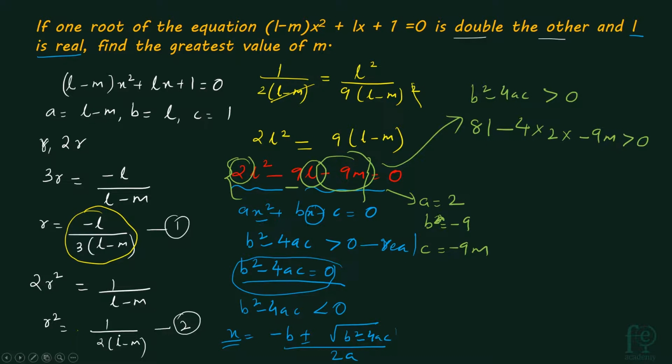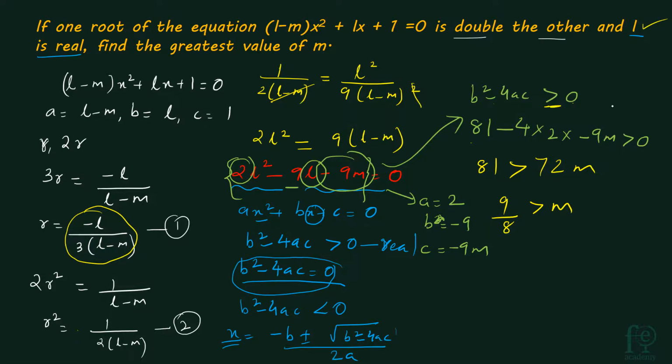How can we write this? Only because it is given that L is real. That is the reason why L is real is given. So L is real, so we can write b square minus 4ac is greater than 0, or 81 minus 4 into 2 into minus 9m is greater than 0, or 81 is greater than 4 into 2 is 8, 8 into 9 is equal to 72, so 81 is greater than 72m, or we can say 9 by 8 is greater than m. One minute, L is real means b square minus 4ac is greater than or equal to